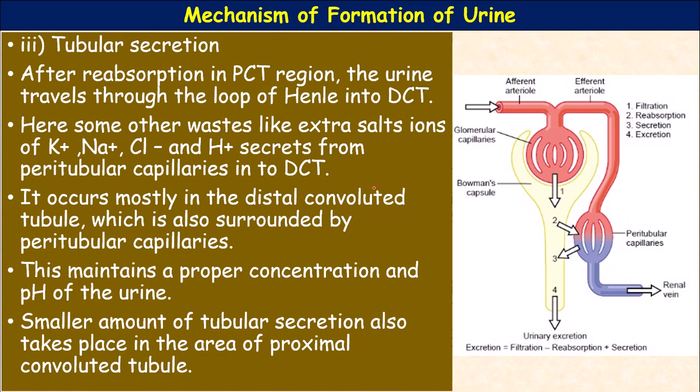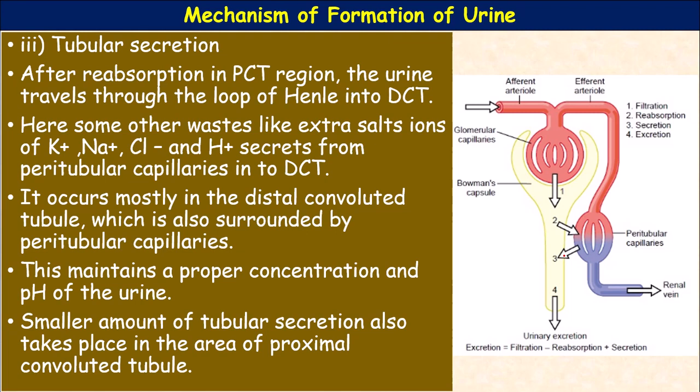Now tubular secretion. In addition to reabsorption, the renal tubules also secrete into their lumen many substances like urea, creatine, uric acid and para-aminohippuric acid. Most of the potassium ions eliminated in mammalian urine are secreted by the distal convoluted tubule and the collecting ducts, in exchange for the reabsorption of sodium ions, Na plus. These substances are then removed from the body along with the urine.